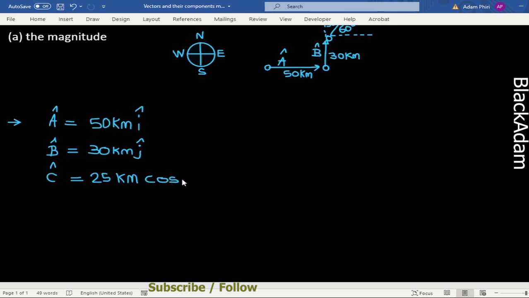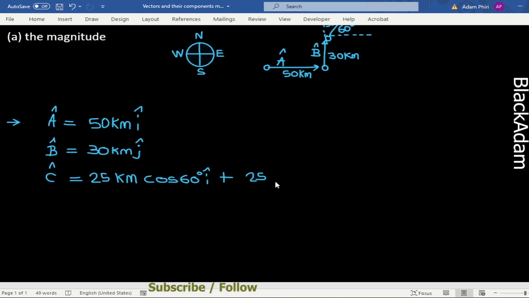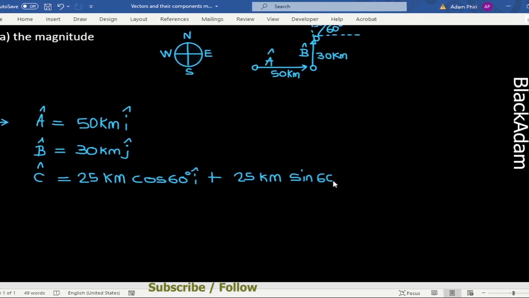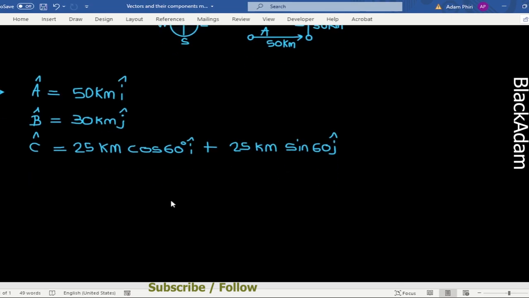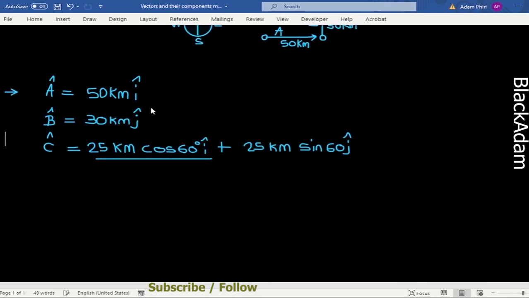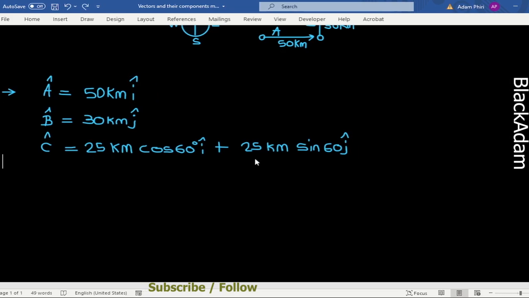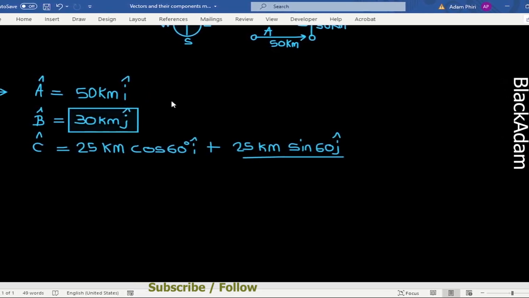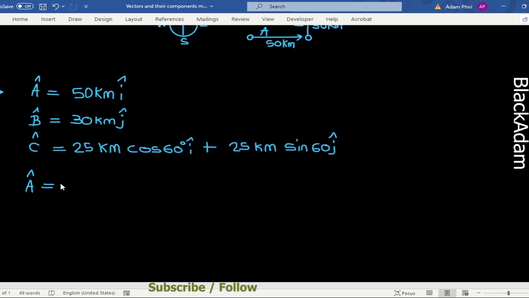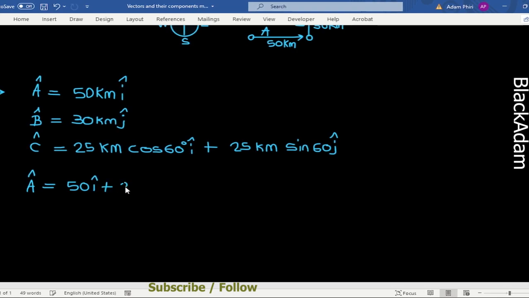for the x component that's cos 60 degrees, plus we have 25 kilometers, sine for the vertical one, sine 60 degrees, and then we group together the x component and the y component. So a, the x component, will be 50 kilometers, let me just say if you cut the kilometer out, plus that would be